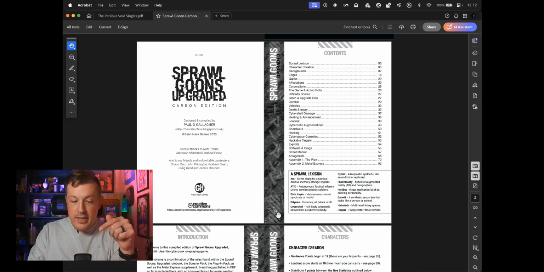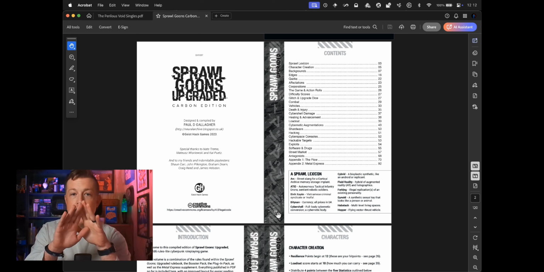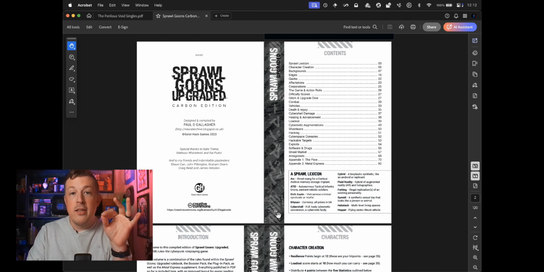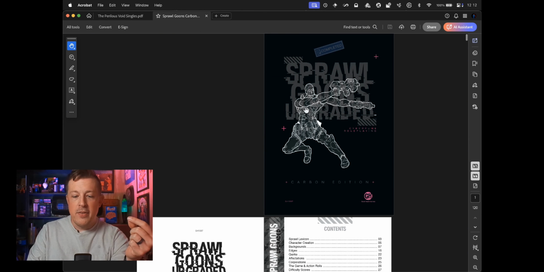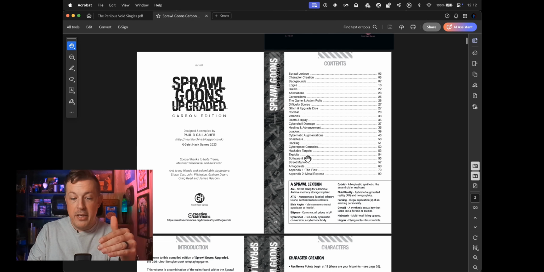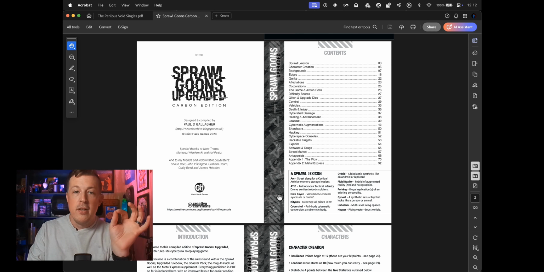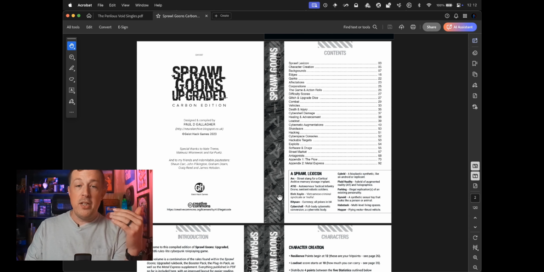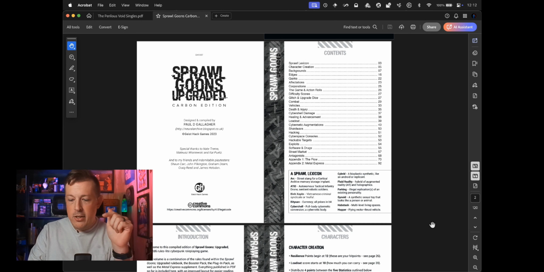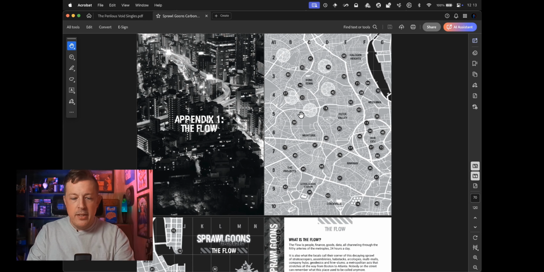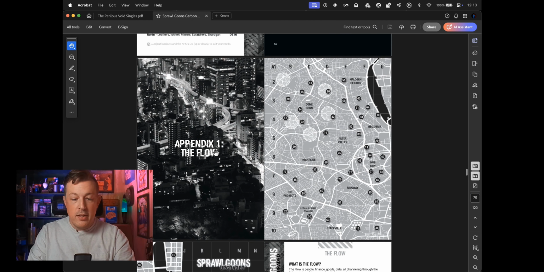So 3 is on the right, which it should be, because odd numbers from the world of publishing, if you open the book, 3 should be on the right. So this is theoretically correct. So we've got the cover, then the back cover, and page 3. But okay, this would usually be page 1, but we at least have the odd numbers on the right, which is correct, kind of. Because if we jump to page 70, then you can see the appendix 1, the flow,